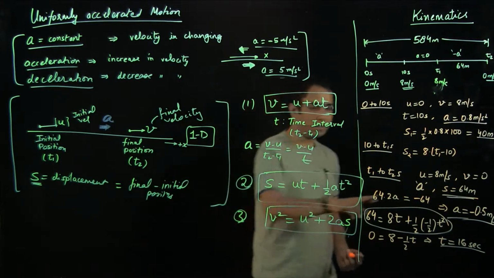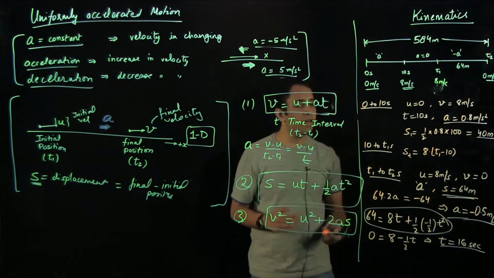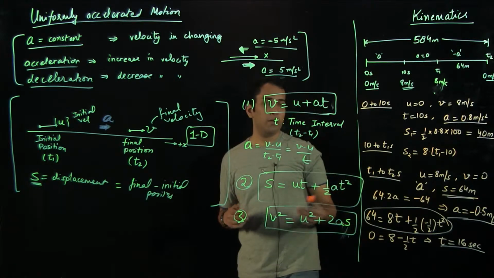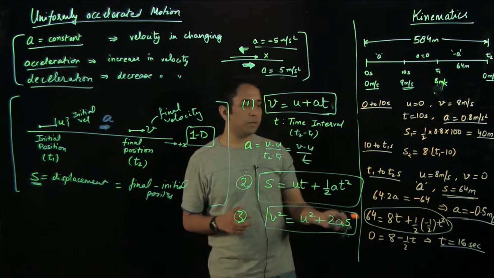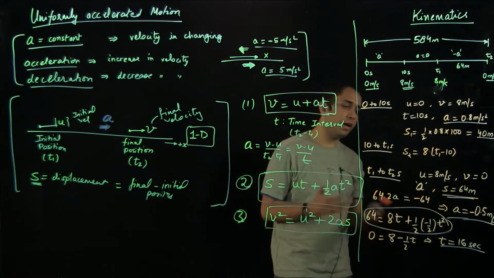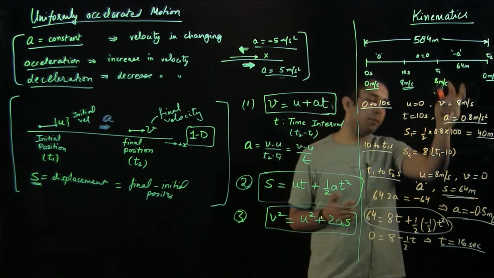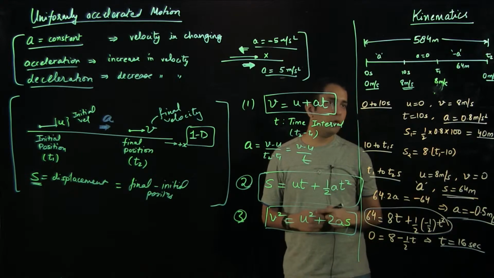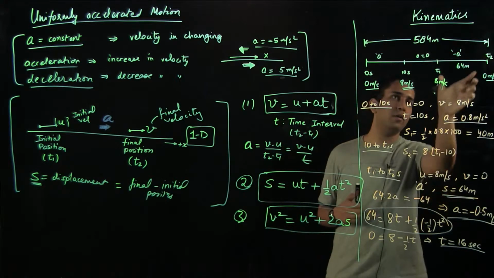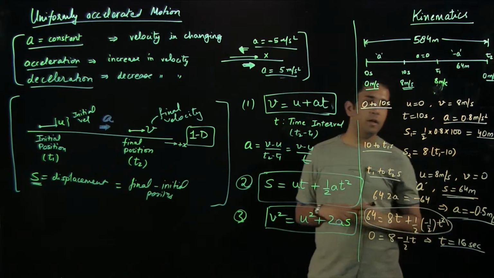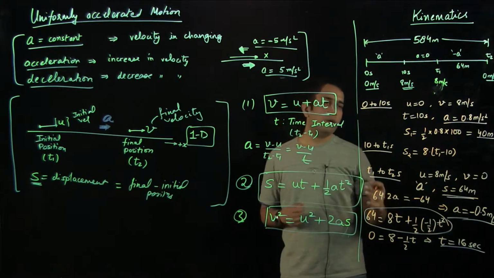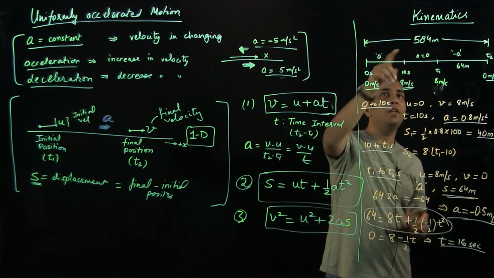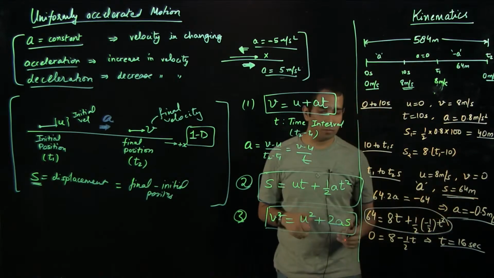We could have used the second equation as I have earlier mentioned, but then it would be really difficult to find out t using the quadratic equation, whereas using the first equation was pretty much straightforward, and I could easily find out the third time interval, which was 16 seconds. Now the only variable I don't know is t1, because I know that t2 minus t1 is 16. So we'll just make use of the information which we have, that the overall displacement is 584 meters.